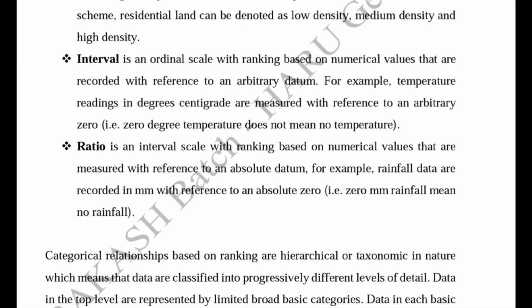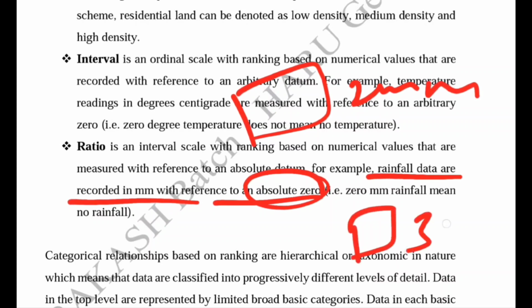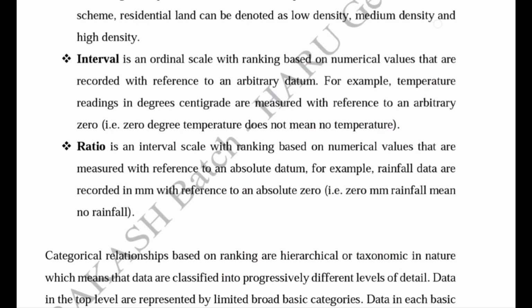For ratio, zero means zero. For example, rainfall data are recorded in millimeters with reference to an absolute 0. If one place has 2 mm, one place has 3 mm, and another place has 0 mm rainfall, the 0 mm means there was no rainfall.